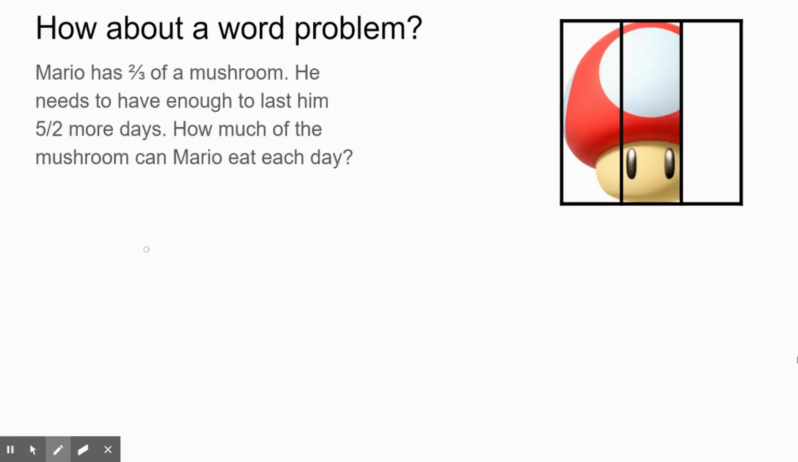So let's talk about word problems. They're a little bit harder. In this word problem, Mario has 2/3 of a mushroom. He needs to have enough to last him 5 halves more days, or 2.5 more days. So we need to figure out how much of the mushroom Mario can eat each day. The trick to this one is we need to actually make our division sentence first. That means we need to figure out what is the dividend. And you might remember that the dividend is the same thing